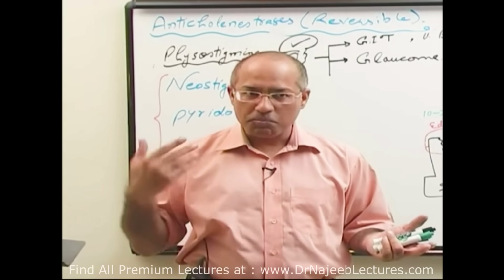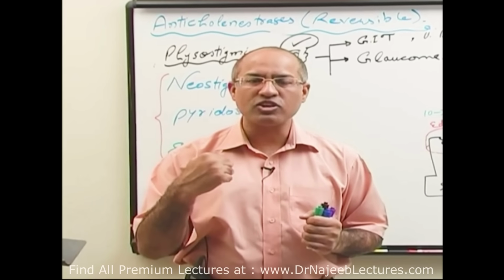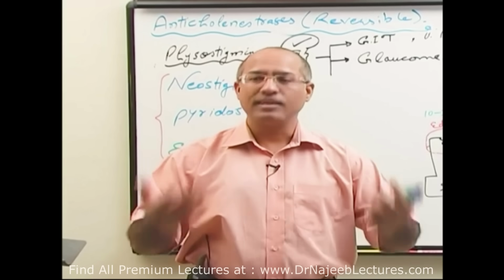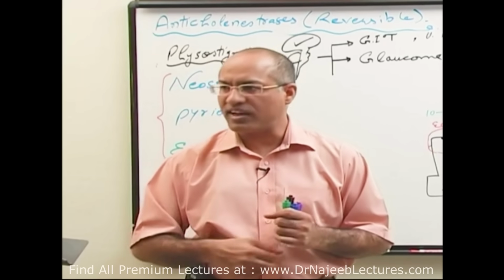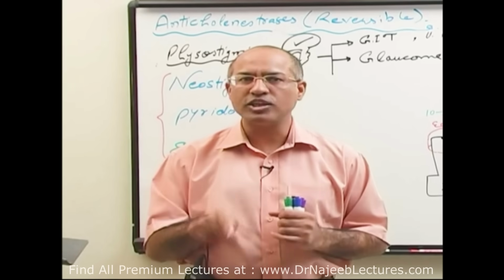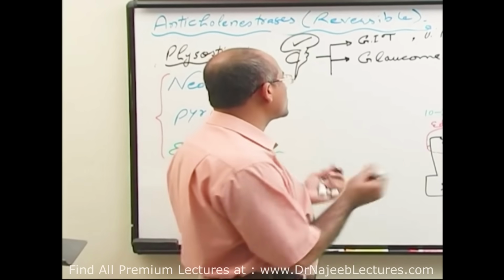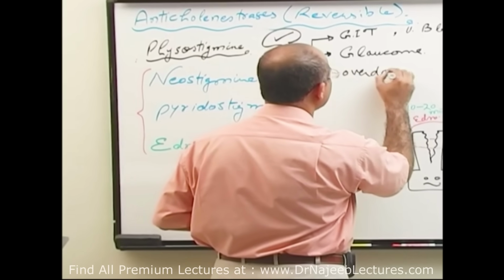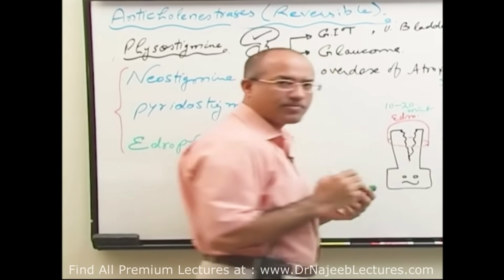And if you want to bring action on muscarinic receptors, you can give physostigmine, and physostigmine will go even to central nervous system as well as in the peripheral part of the body and increase the concentration of acetylcholine, right? And then acetylcholine can displace the atropine, and even in the presence of atropine, it may initiate some of the muscarinic action. You are understanding it? So it can be used in overdose of atropine. So in atropine toxicity, right?